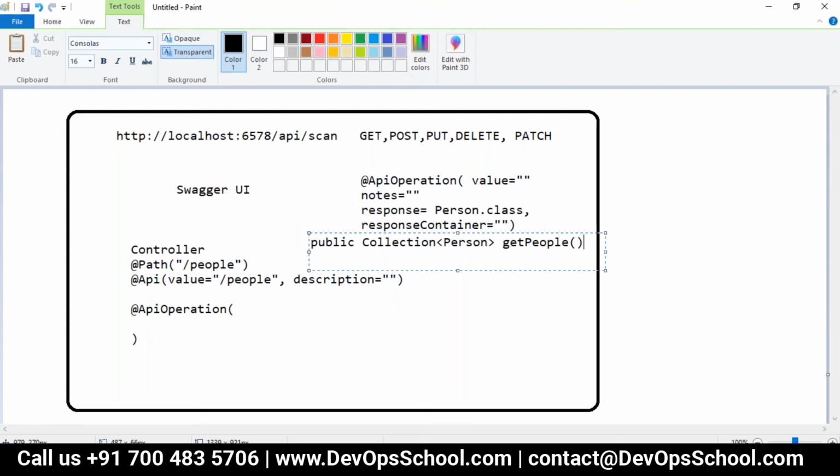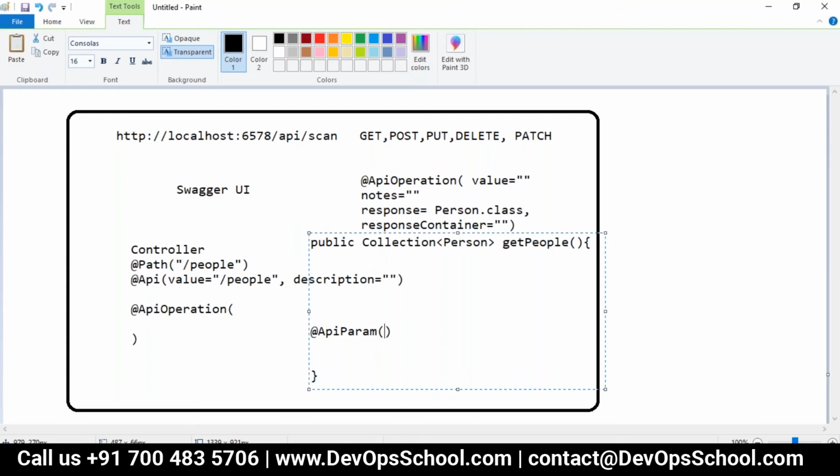So for this, maybe it is based on some condition, like you are sending some query parameters or some path parameters. If you want to give the path parameter or query parameter information, you can configure it all here by using API param. So that is what is the value you want to give. All this information can be given here.